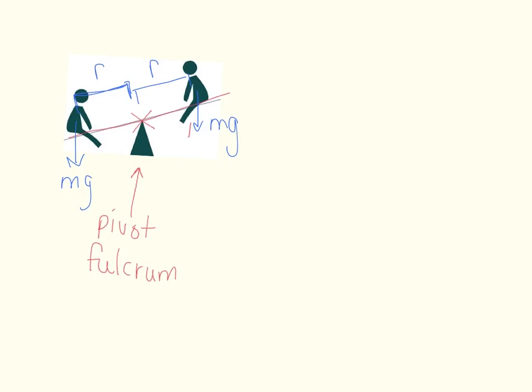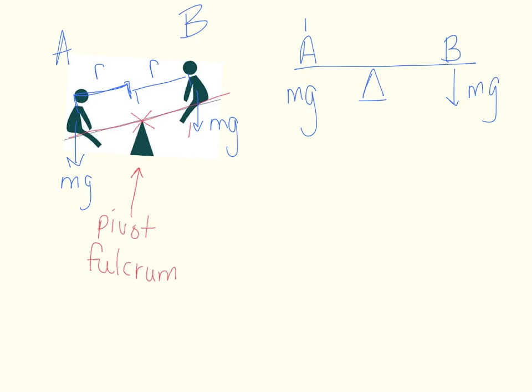Now if the person on the left, let's name them person A, is heavier, then we know from our experience that the seesaw will tip that way. If they're both exactly the same weight, what would you expect to happen? Good. You'd expect them to be balanced. Person B and person A. So if they're exactly the same mg on both sides, and they're sitting the same distance from both sides, then the torque from person A should be the same as the torque